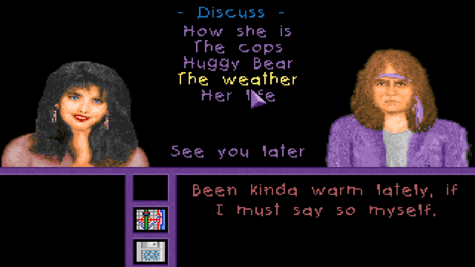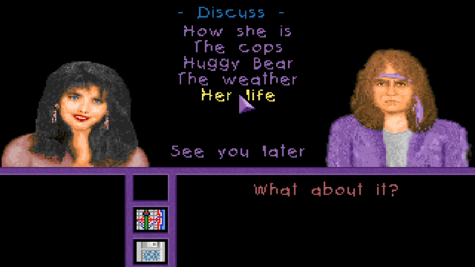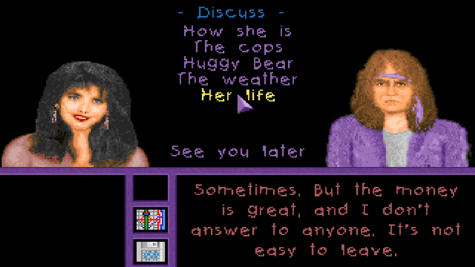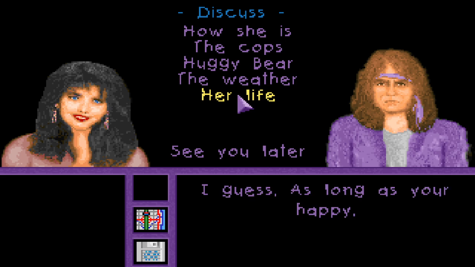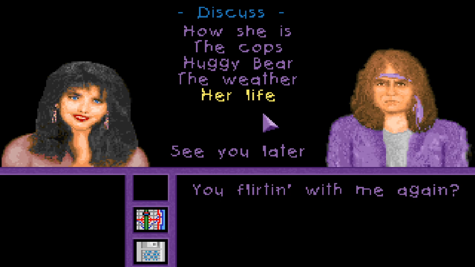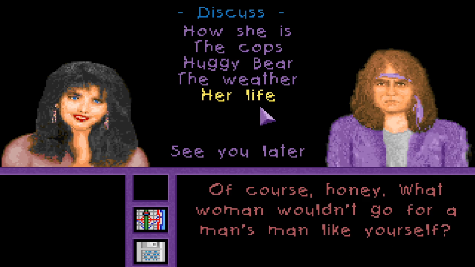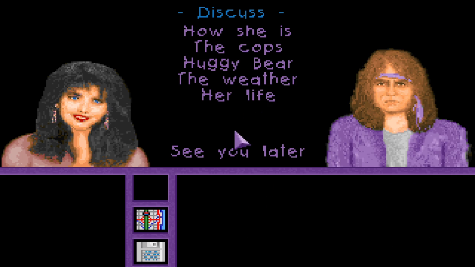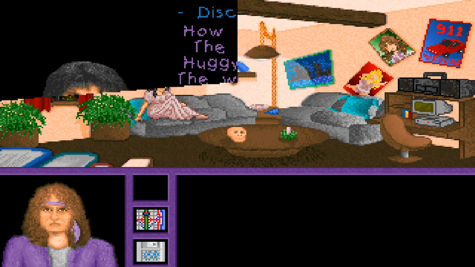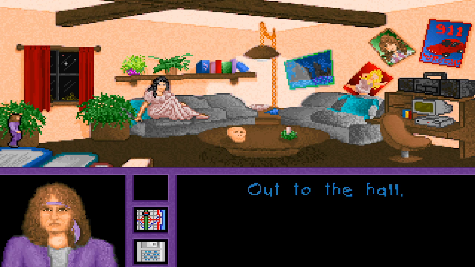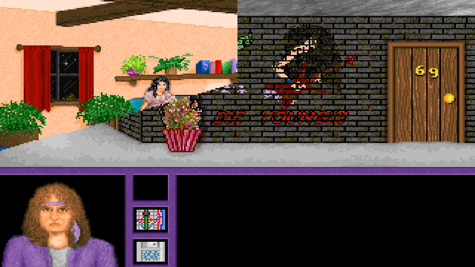So apparently she had a bad pimp. Oh, we didn't give her the flowers. We go do that.